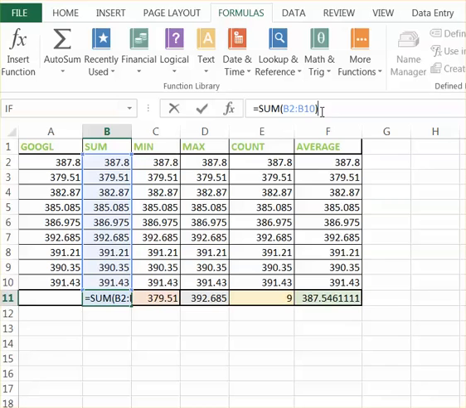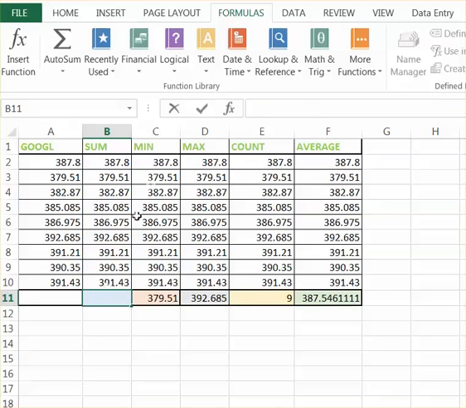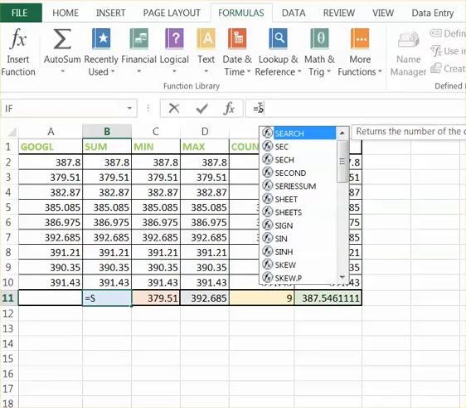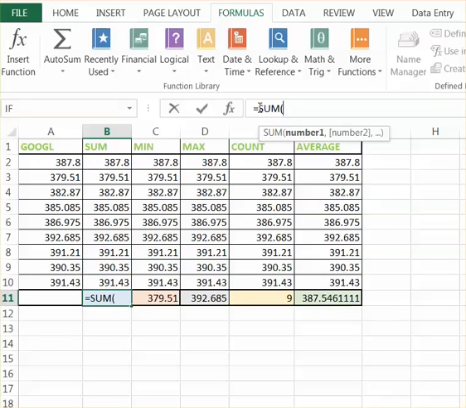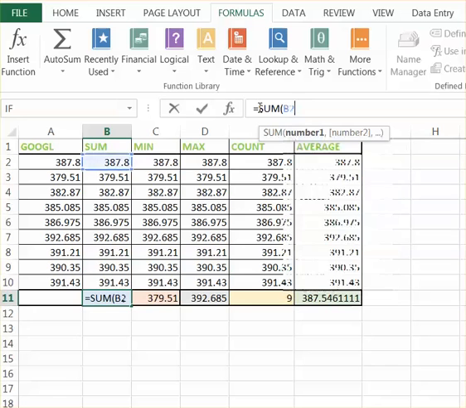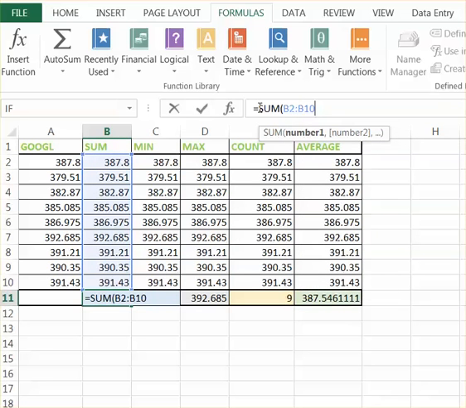So for the formula, where I am to place the answer, I have to click the data cell. Then I have to write the formula here. The equal sign, then SUM. It should always be in capital. Then parenthesis, the cell range like B2 colon B10, then close parenthesis. The result will be showing in here.